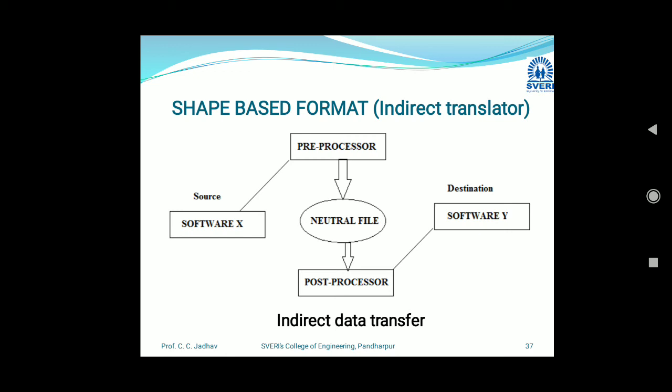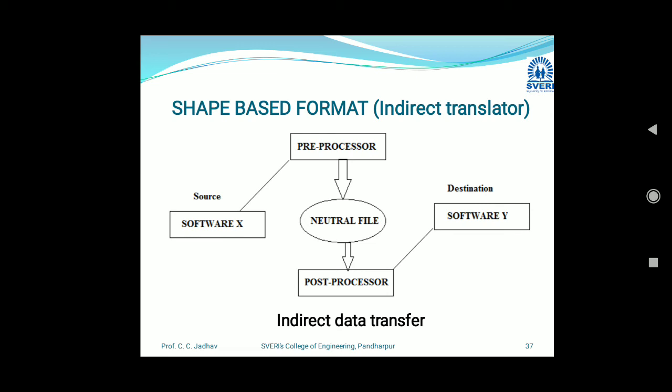We have to create a neutral file from the source, and then send that to the destination software. So we start with pre-processing on the given source file, then create a neutral file, then do post-processing on that neutral file, and then we can send the file to the other software.